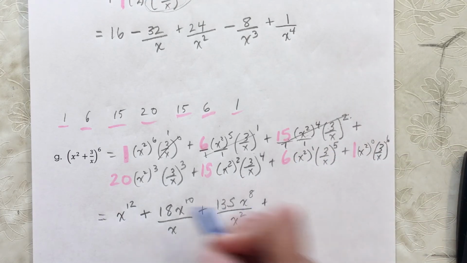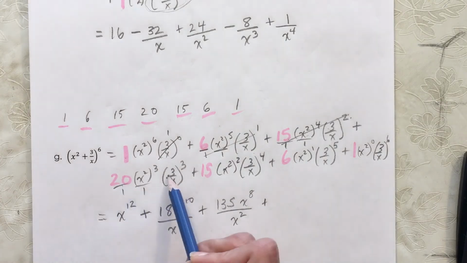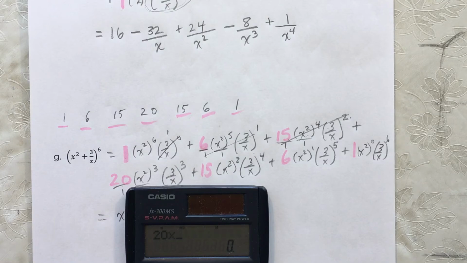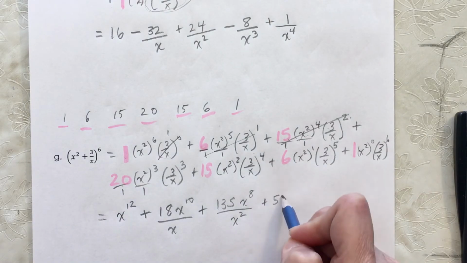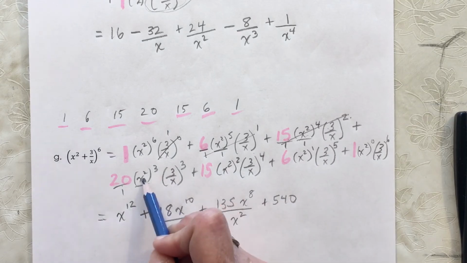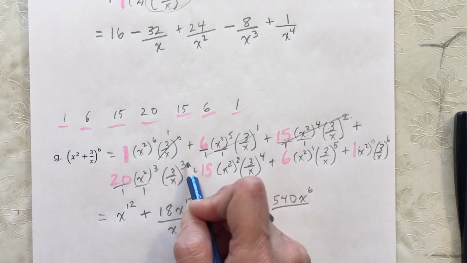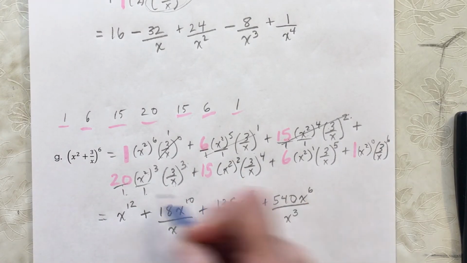Next term, so my coefficient is going to be 20 times 3 cubed. 20 times 3 to the power of 3 is 540. But x squared cubed is x to the 6th over 1 times x cubed, which is x cubed,